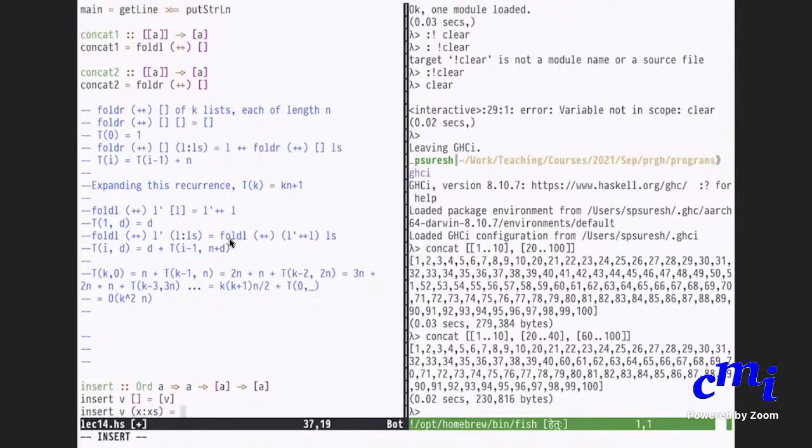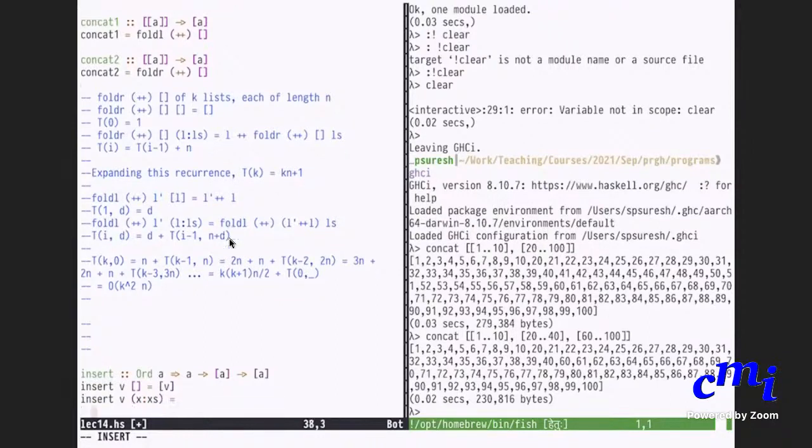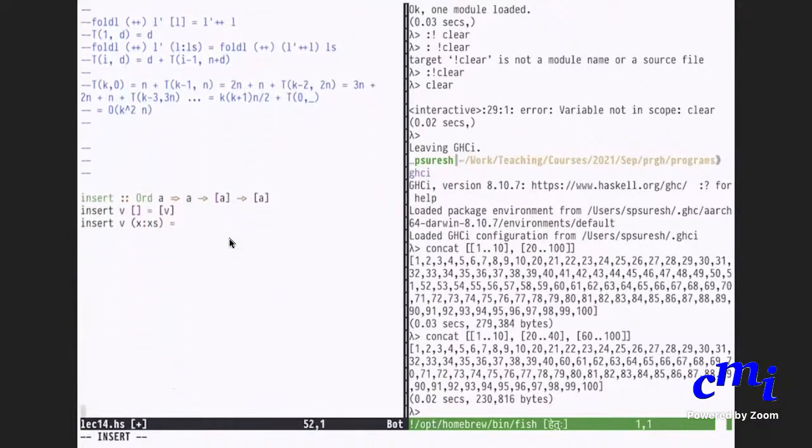You want to insert v even if v is already present, so there is no worry about duplicates. If v is less than x, then it's v : x : xs.